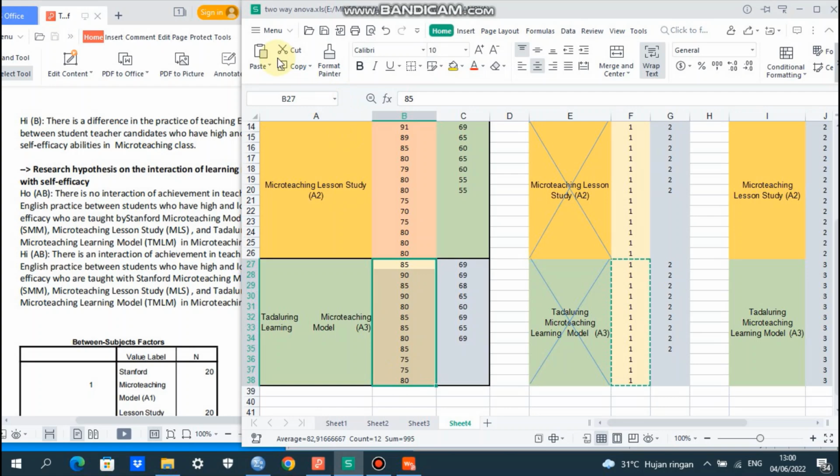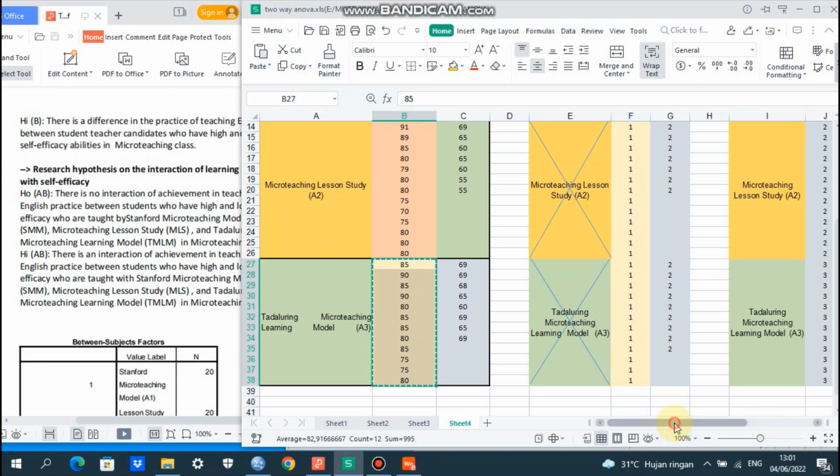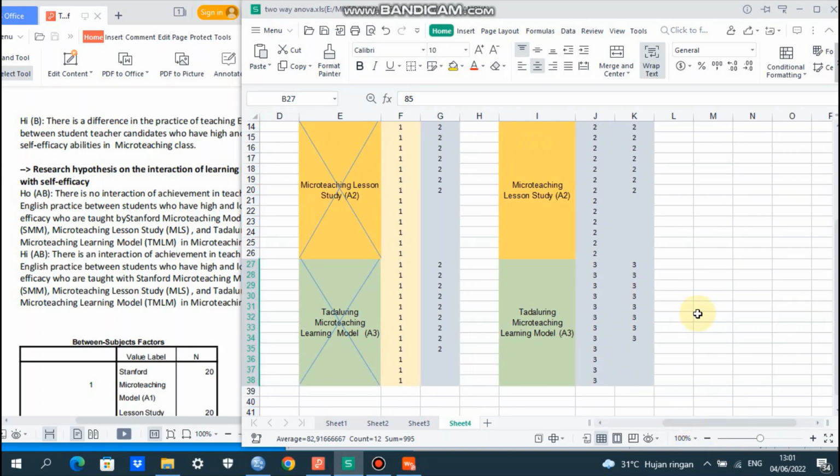We copy and then we paste it in SPSS. The next we go to the remaining students participating in the Tadaluring micro teaching model with low self-efficacy.